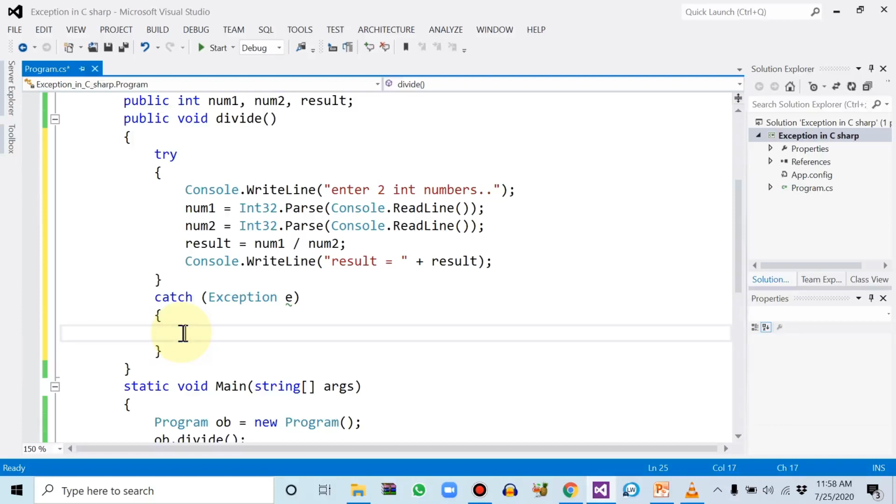So it will show us a normal message about what the problem is, and then the program will end normally without an abnormal exit.